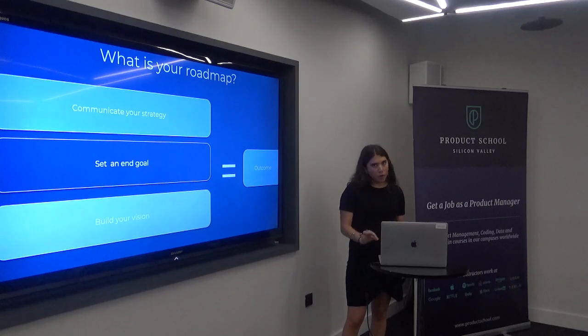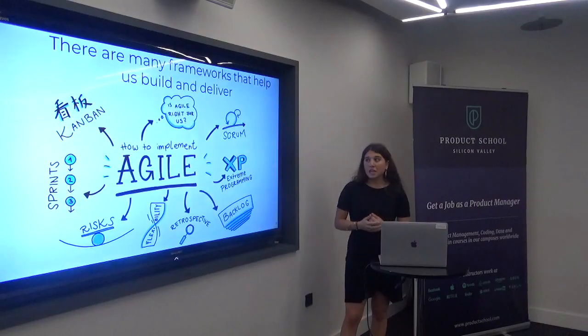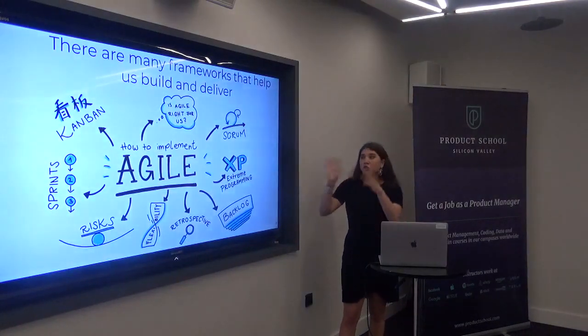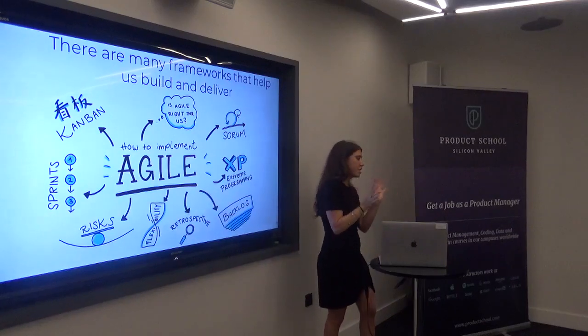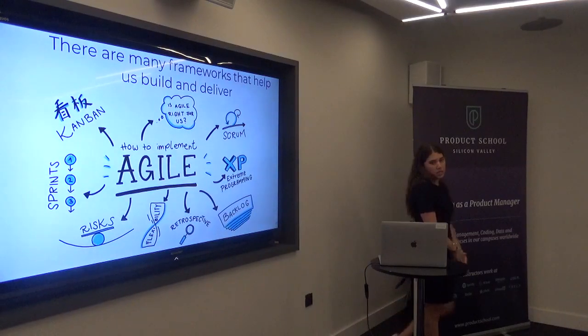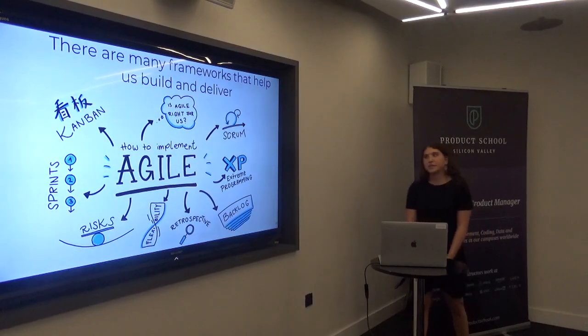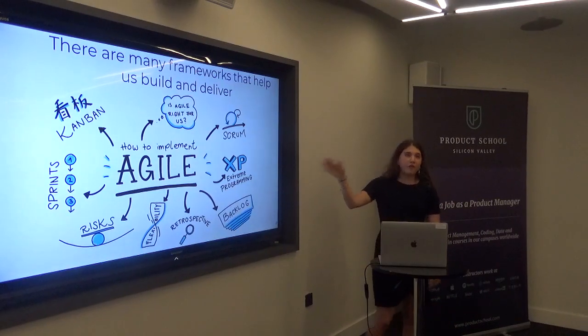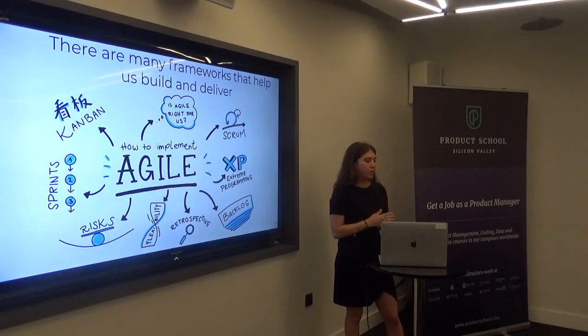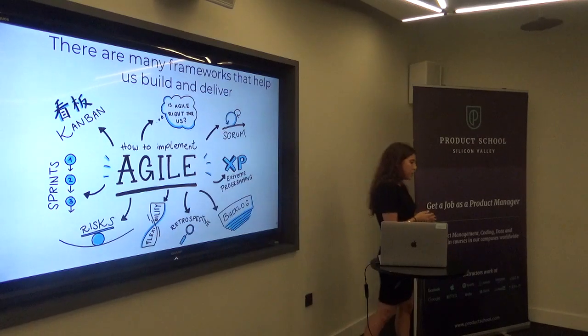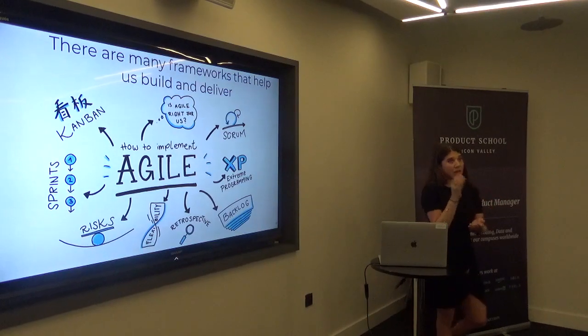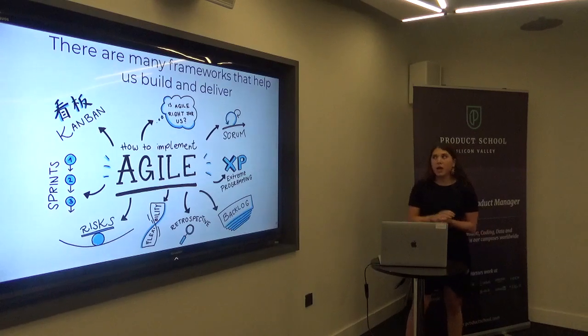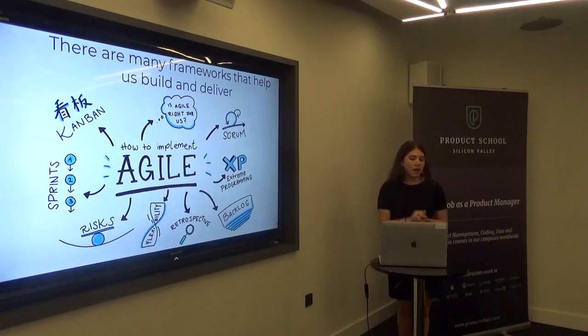And there are a lot of frameworks that support you in executing your roadmap. This is one of the main ones, such a huge buzzword that everyone's speaking about, agile. And I just want to emphasize a couple of things here. Agile is not for everyone. If you work in a very regulated industry, for example, or you have a company where you're a SaaS and you have a very specific solution you're trying to build, Agile may not be for you.